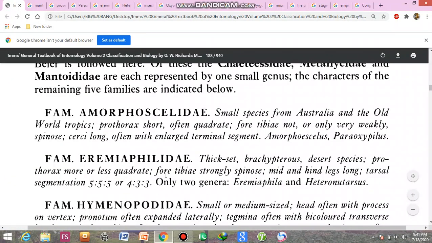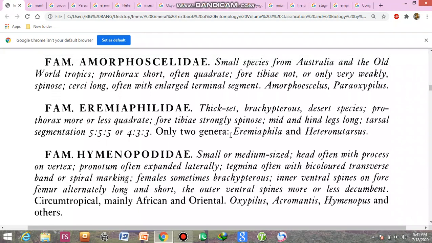Okay, next is the family Eremiaphilidae. They are thickset. Thickset means they are heavy bodied. Brachypterous, their wings are reduced. Desert species. Prothorax more or less quadrate, forefemora strongly spinose, mid and hind legs are long, tarsal segmentation